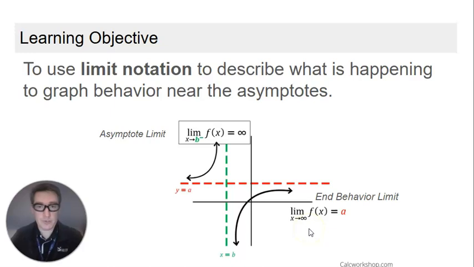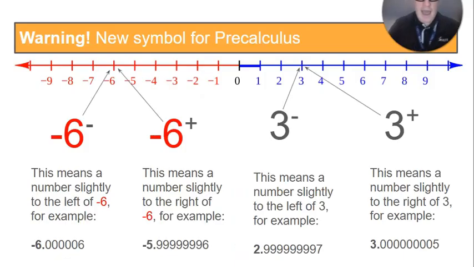This is something new to us because usually we use limits to describe the end behavior of a graph. And now we're using limits to describe things that happen in the middle of the graph. But before we do that, I have to introduce you to a new symbol that you've never learned before until